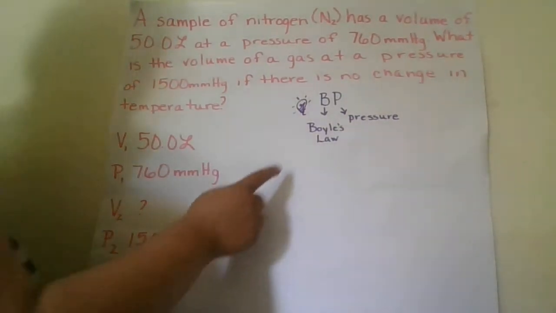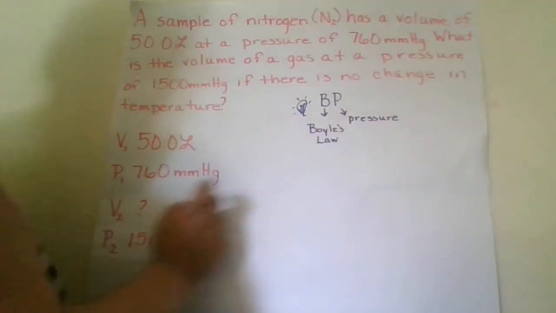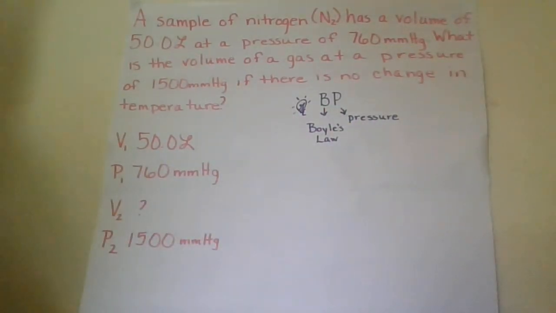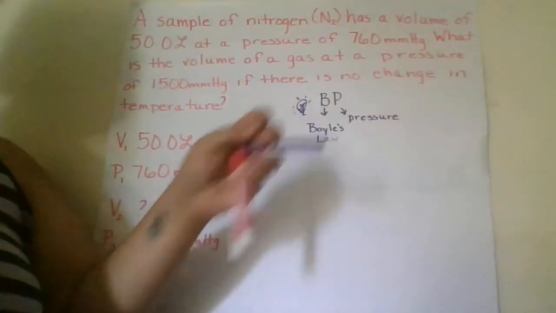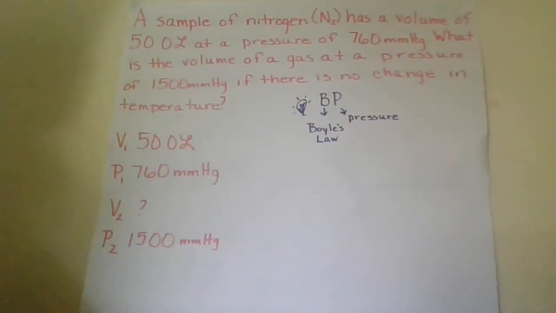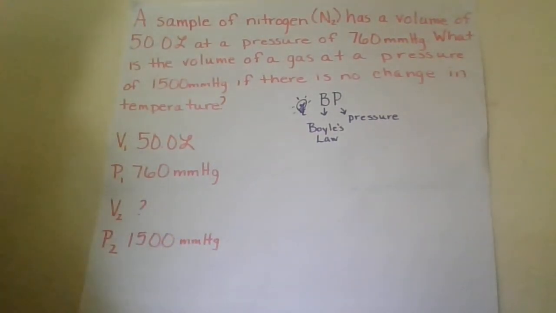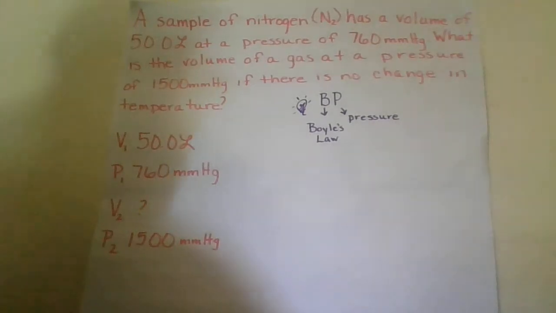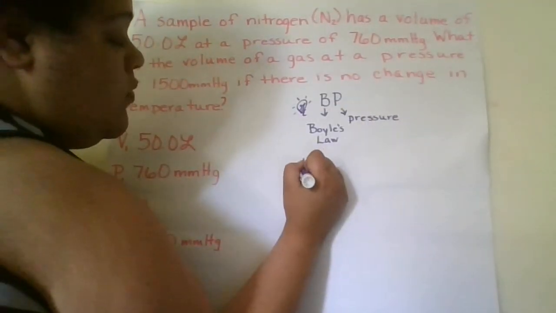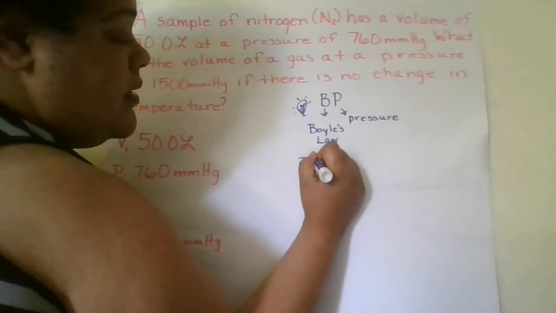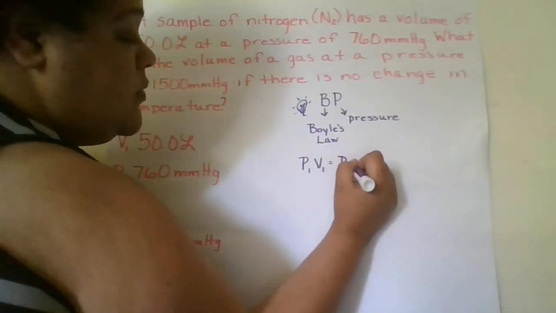So always remember Boyle's is BP. Boyle's gives us pressure. So we're nursing students, we take blood pressures. Boyle's BP is the problems that work with pressure. So our base formula for Boyle's law is going to be P1 V1 equals P2